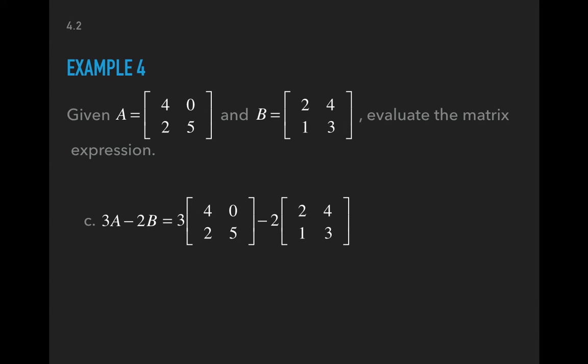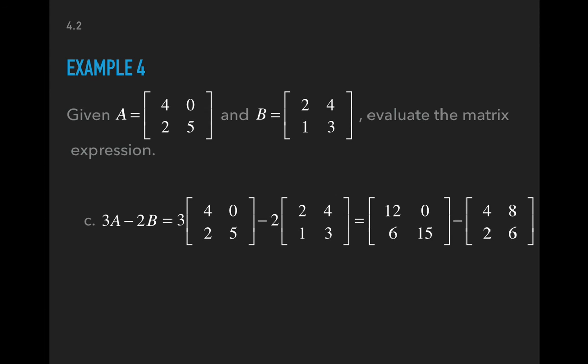Then we're going to subtract matrix B, which has been multiplied by a scalar of 2. So distribute that multiplication to every element. 3 times 4, 12. 3 times 0, 0. 3 times 2 is 6, and 3 times 5 is 15. Then we will subtract